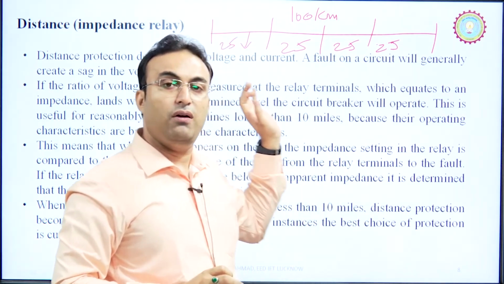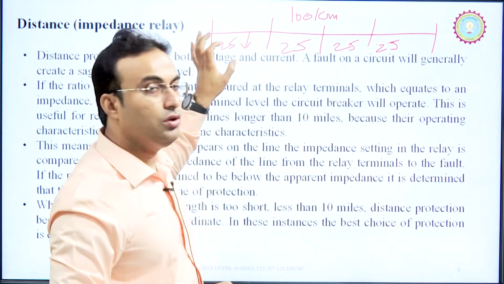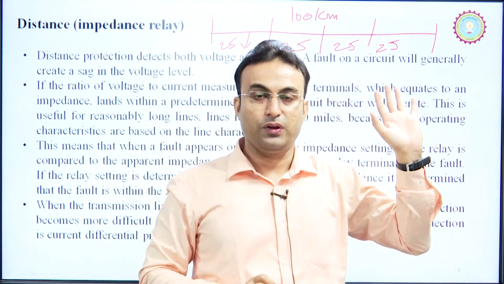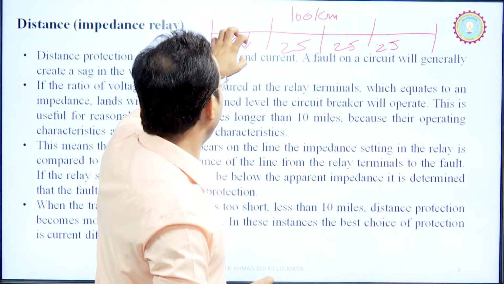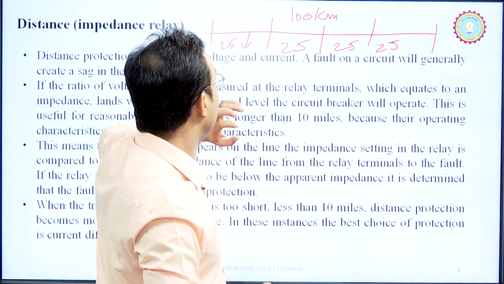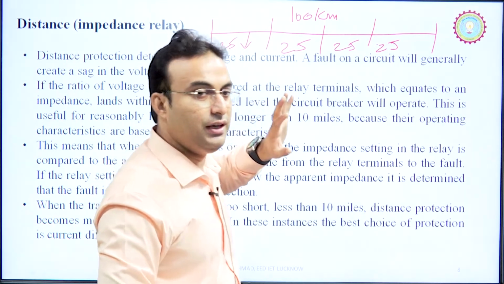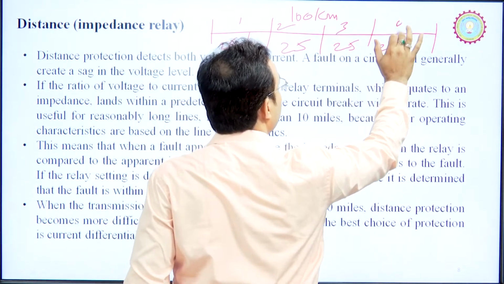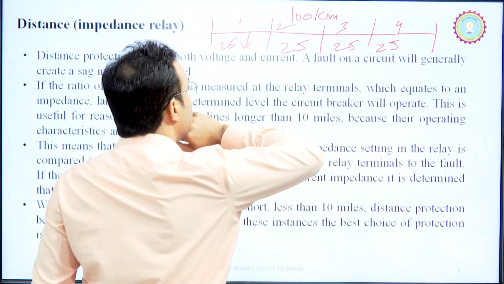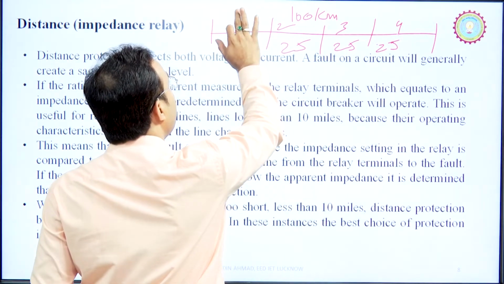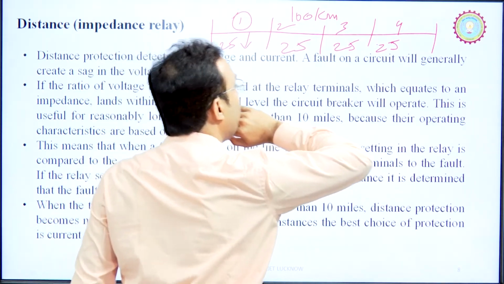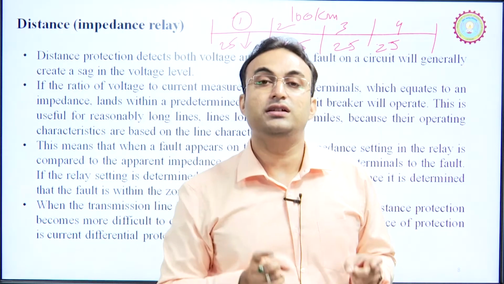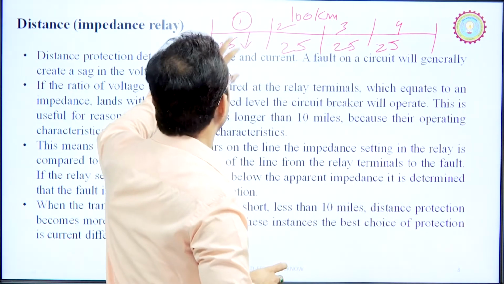So, the power system protection scheme, or you can say the distance protection scheme, will be responsible to operate or to protect this section. Suppose we have 4 types of distance relays, one for this section, one for this section, and one for this section. Suppose the section 1 or zone 1 protection scheme will operate. So, we can understand that the fault has occurred in zone 1.